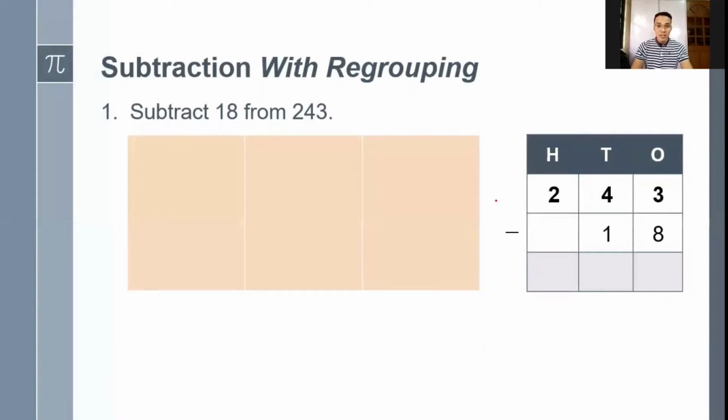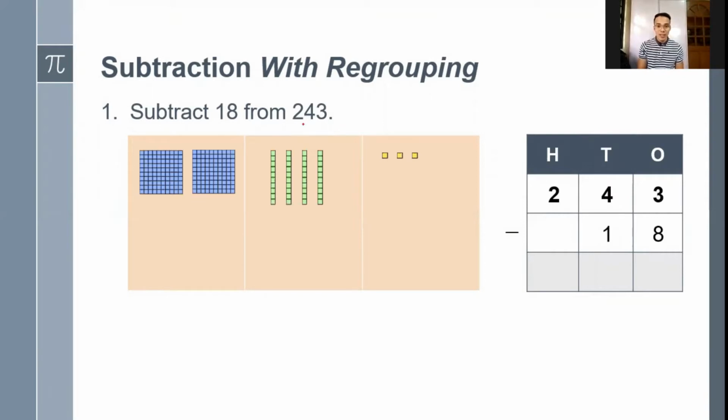Let's have example number 1. Subtract 18 from 243, or take away 18 from 243. To do this, we need the help of the place value chart and the base 10 blocks. In subtraction, we're just going to represent 243 using the base 10 blocks, just like this. In 243, there are 2 hundreds, 4 tens, and 3 ones. We're not going to represent 18 using the base 10 blocks because we're supposed to take away 18 from